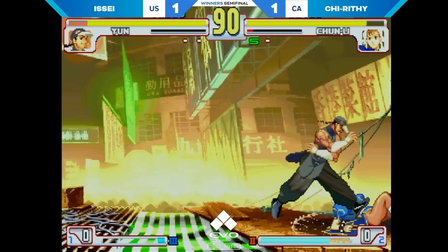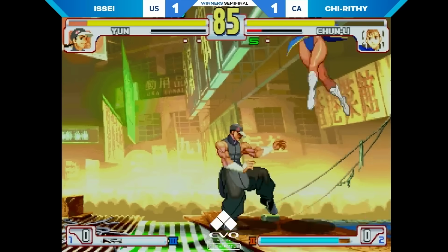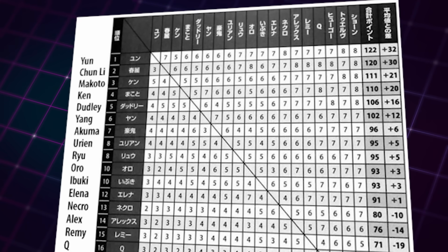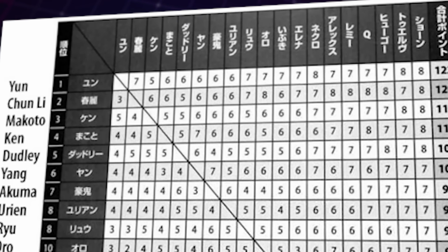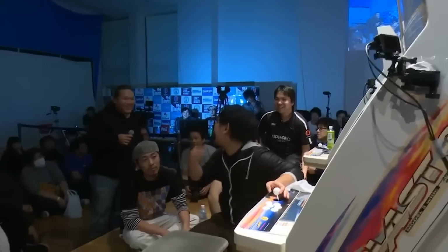His only real downsides are he has to be close to his opponent to be extremely effective, and he has low health. But the difference in strength is massive, with top players putting the matchup at 7-3 in Yun's favor. Which, to put simply, if two evenly matched players played, Yun's gonna win about 70% of the time. Overall, not great odds. While the community knows that Genki is the best Alex player in the world, Boss is also a top player in Third Strike, which means this is going to be an impossibly tall mountain to climb